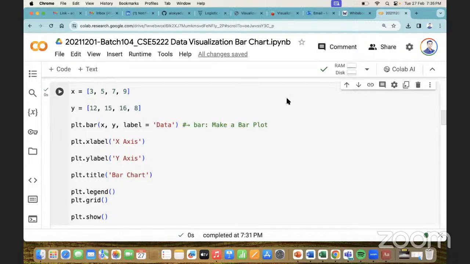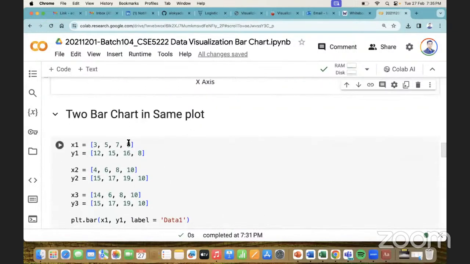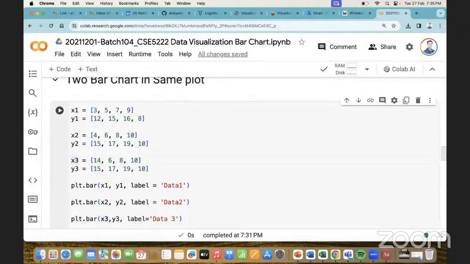Done. Very good. Now let's go for the other part. Now, if we want to draw two bar graphs in the same chart, what I will do, I am going to